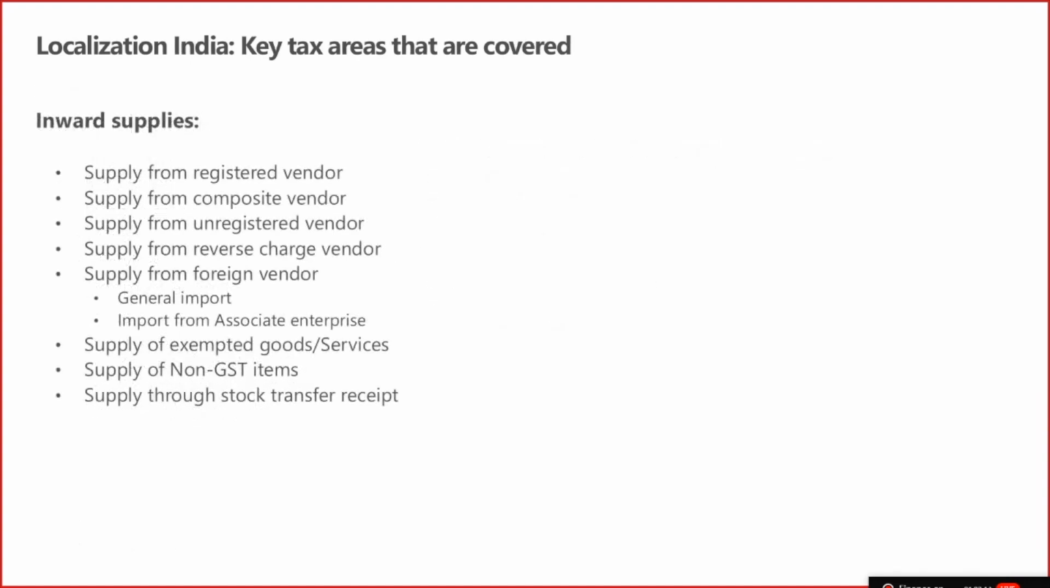On the inward supply side, you have a registered vendor, and a composition vendor also. When you buy from a composition vendor, the tax should not compute, and we have provided a checkbox in the customer master under the tax information where you can have the composite vendor scheme selection for the customer. When the vendor is an unregistered vendor, we have again provided in the configuration